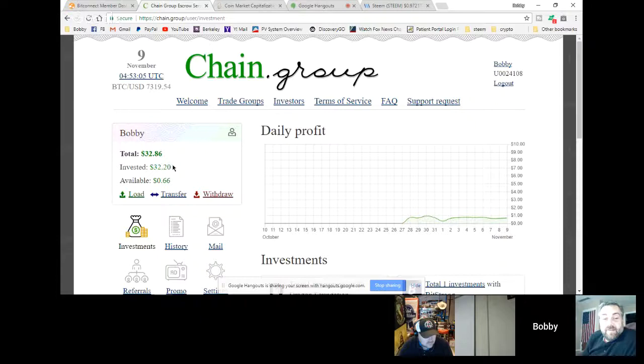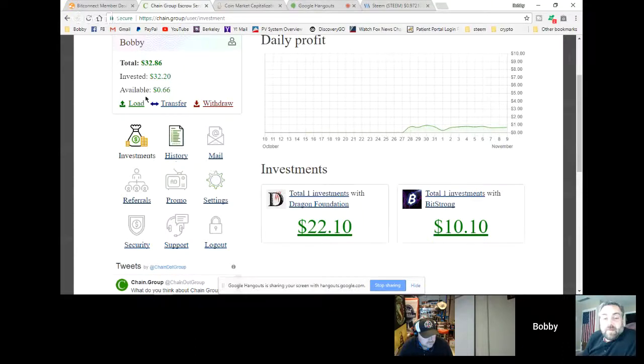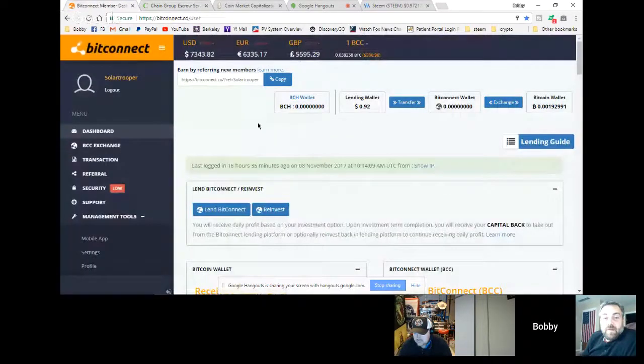So this is risky as hell, but this is Steam that I converted into Bitcoin that I've already made a profit on. I've already withdrawn $8 worth of Bitcoin back out of here. That was profit, right? Because I initially got this profit from investing $110 worth of Bitcoin over here. So I took $110 worth of Bitcoin that I got from Steam, transferred it over to here. I loaned these guys $110 worth of Bitcoin. I have already gotten paid out